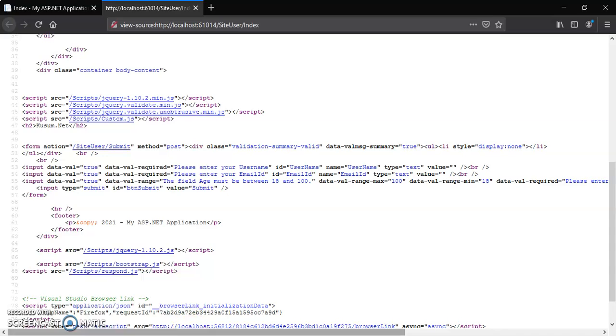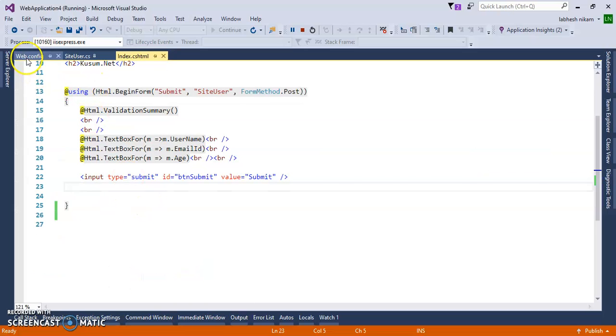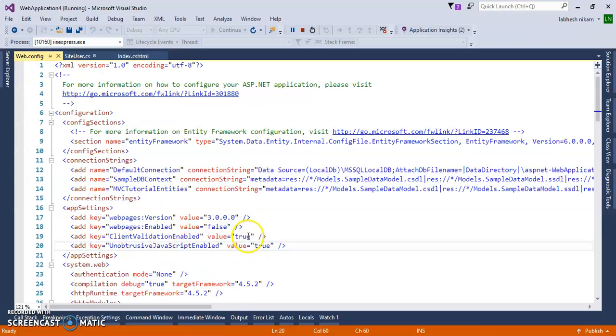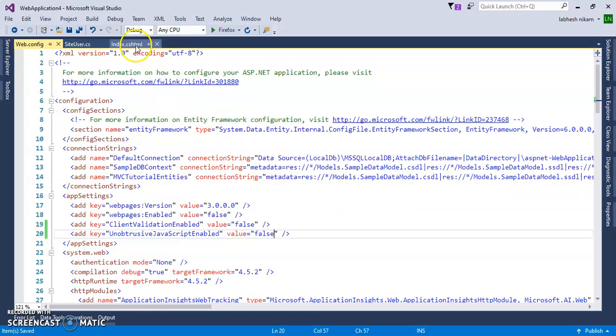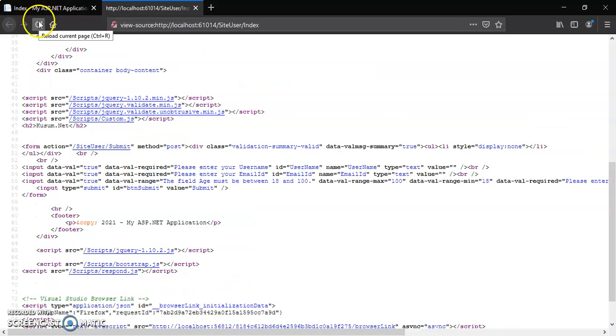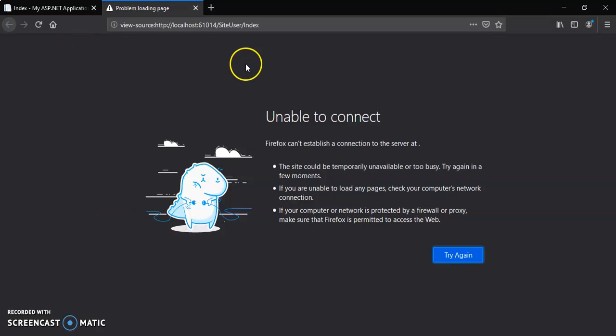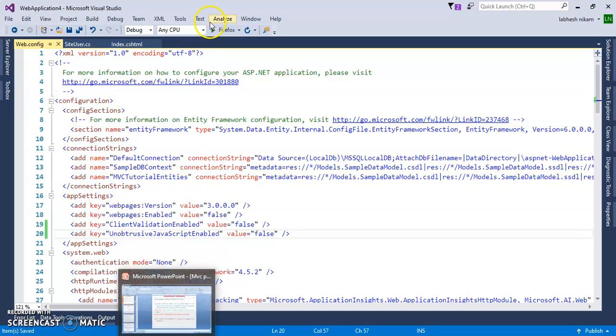Now I set ClientValidationEnabled equal to false and UnobtrusiveJavaScriptEnabled equal to false. Let's save it and run it, refresh the page and see.